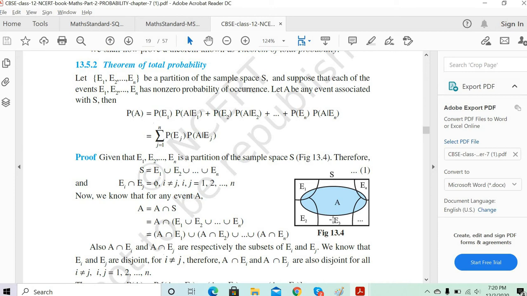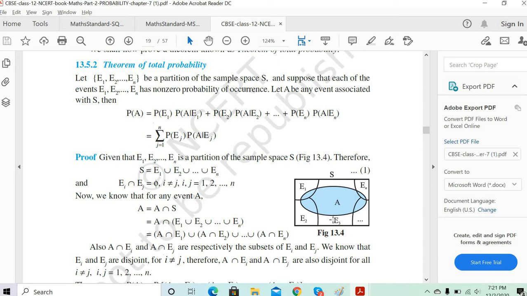So we have the sample space S. And in that we have the events E1, E2, E3 and so on till En. And all the intersections, if you see, are done with the A part. A is the bigger event. Clear? So now our goal is to find the probability of A, when event E1 happened, E2 happened, E3 happened until En happened. Clear? Now how to find it?